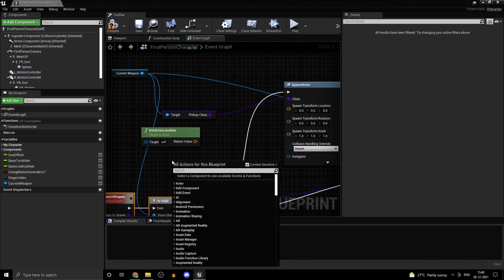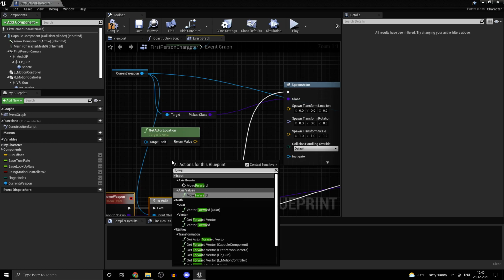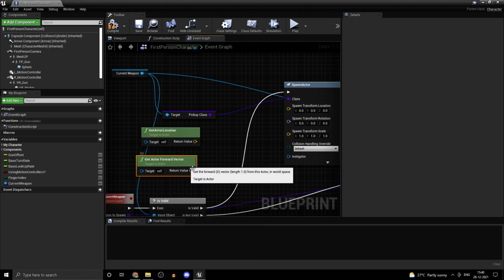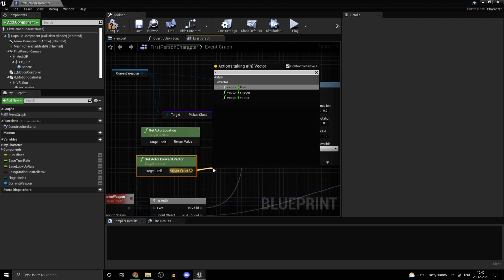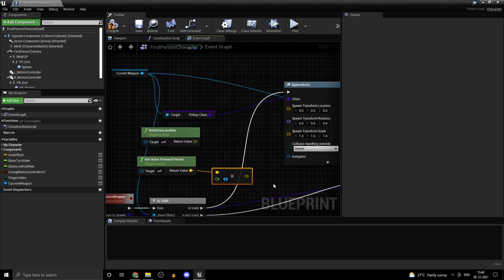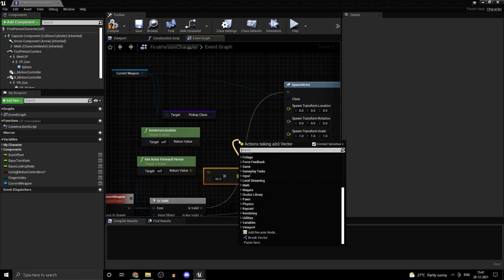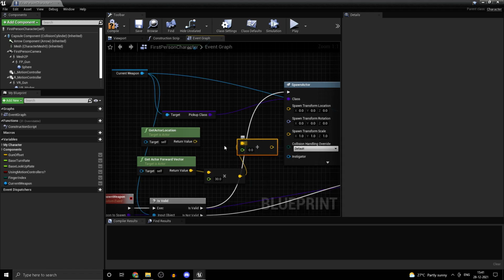I mean, the spawn location is decided by you, of course. Get actor forward vector. So we'll just multiply it by a constant, let's say 30, plus our location.